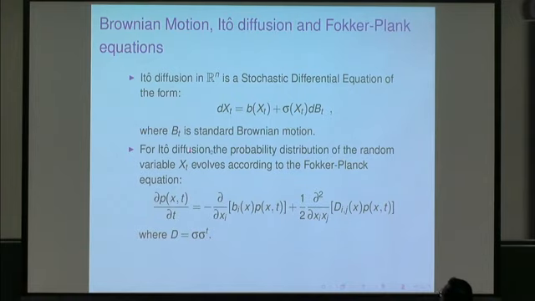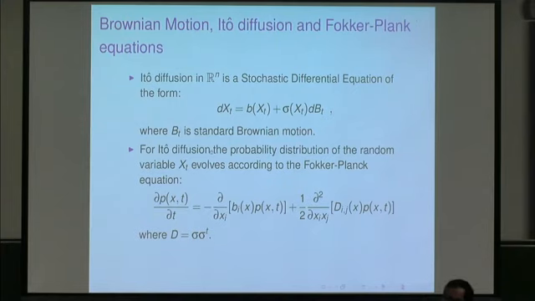For an Ito diffusion, the probability distribution of the random variable evolves in time according to the Fokker-Planck equation, which is given in terms of your drift and your diffusion process. Now, if sigma is constant, this again looks very much like the Laplacian, and a standard Brownian motion in R^n is exactly your drift being 0 and sigma being a constant